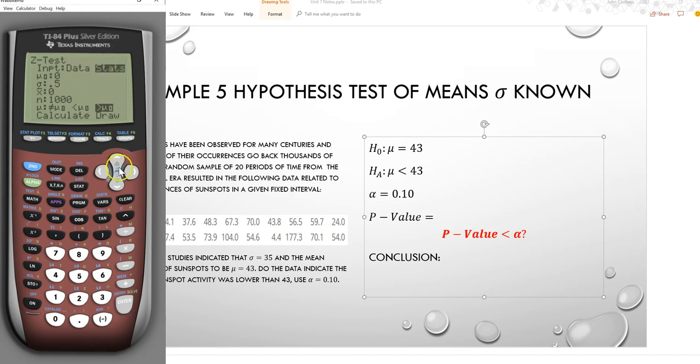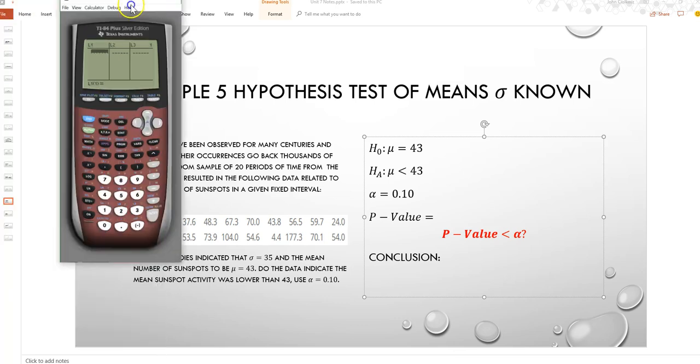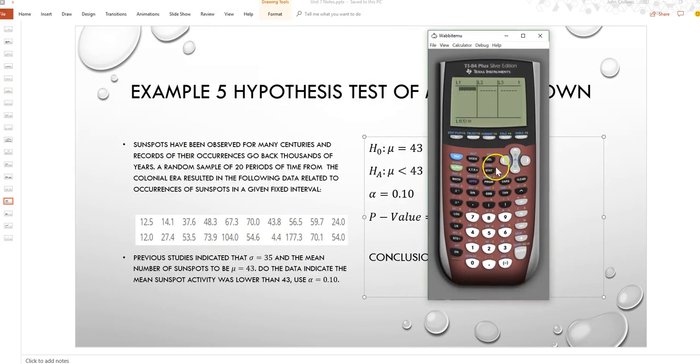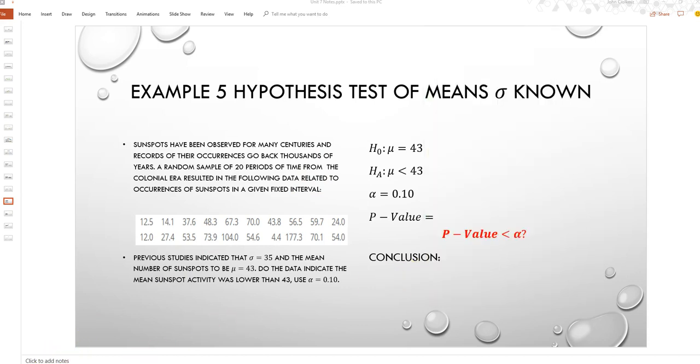Before we do our test, we can switch it over to data if we want. We've got to put that data in. So let's go to stat, edit. I'm going to clear this by hitting clear and enter. And then I'm going to move over here so I can actually see. Typing in my data, 12.5. I'm going to pause the video at this time as we know I'm just typing in the data. Okay, so if we're in the calculator,